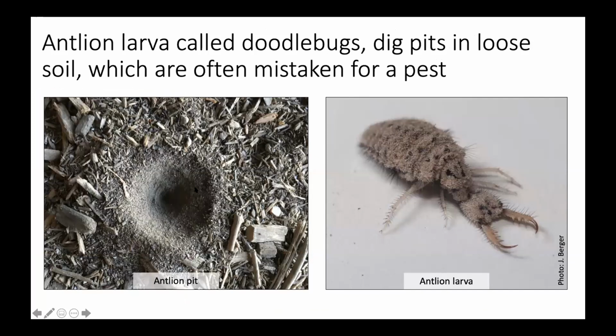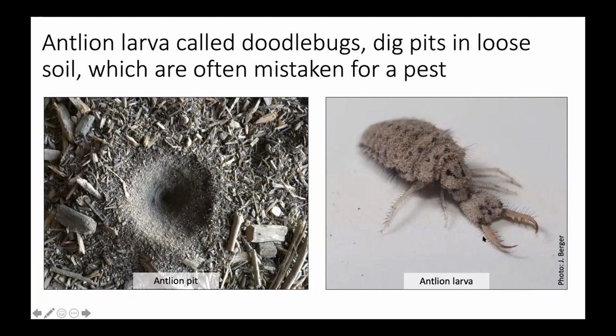So if you've got really sandy soil, by your porch or somewhere, some of these antlions will have a number of pits, and at the bottom of each one is this antlion larvae, which looks like this, which I actually have not seen, but it's a lot smaller than that. But that antlion larvae is called a doodlebug, and it's underneath this cone-shaped funnel. So it's a funnel going down, and it's called an antlion because an ant that passes by will fall down in here and won't be able to escape, and the doodlebug will come up and with its